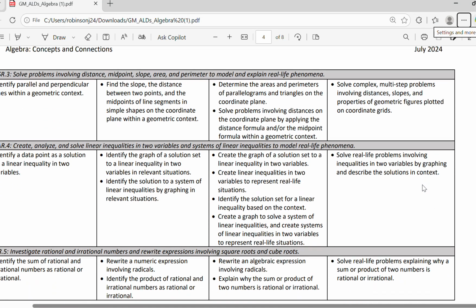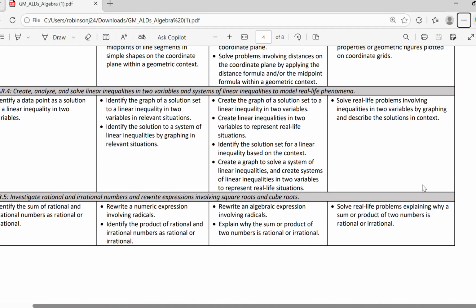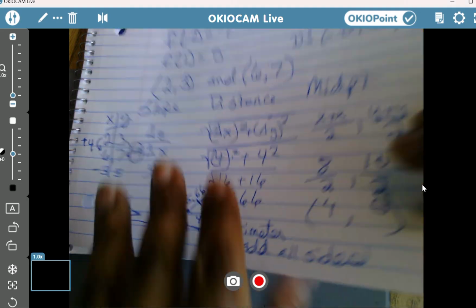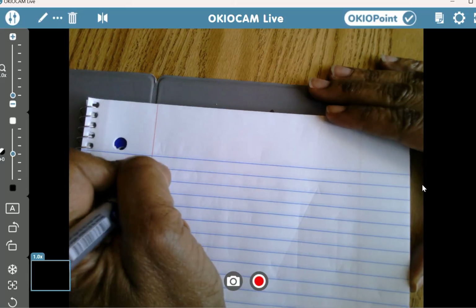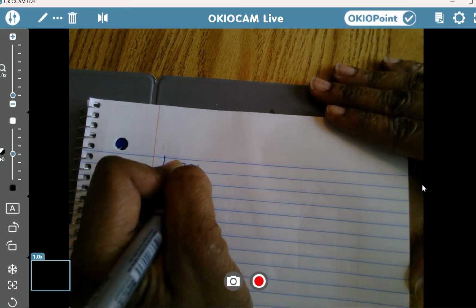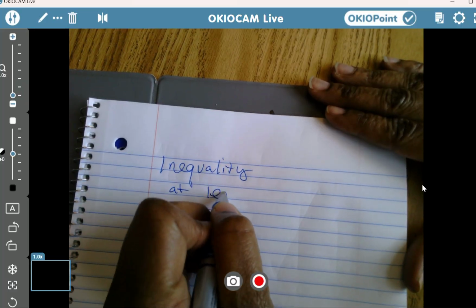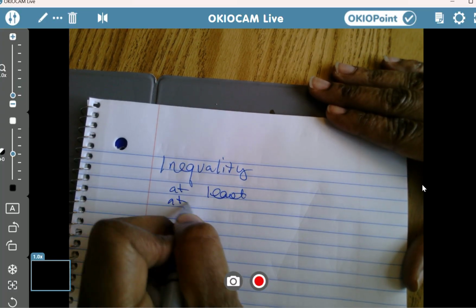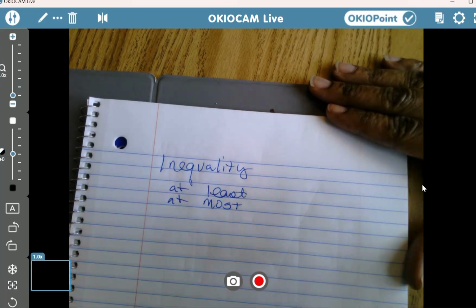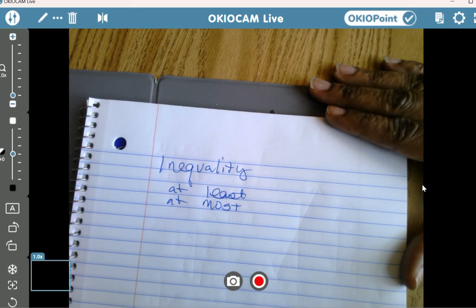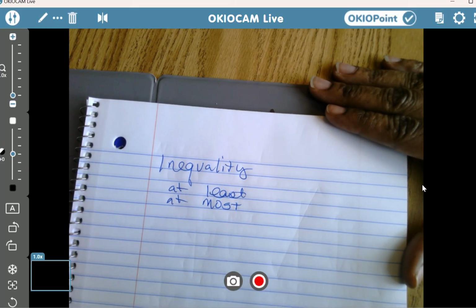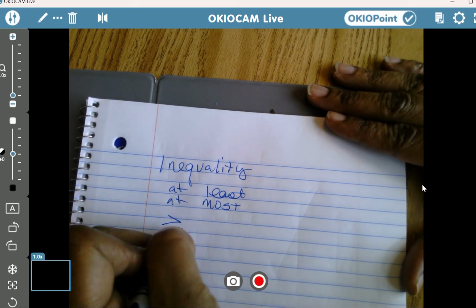Solve real-life problems involving inequalities in two variables by graphing. Okay, inequalities. I think it's important that you know the words. Some of the words that you might see: at most, at least. It's important that you know what those words mean. But if you don't know what those words mean, then you just need to be able to graph and interpret. If it is